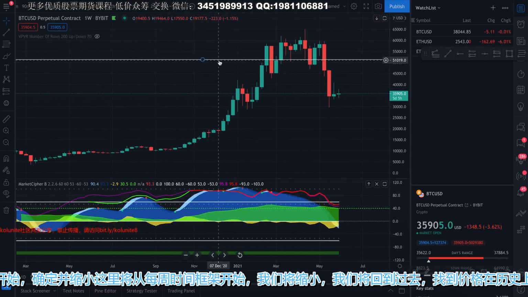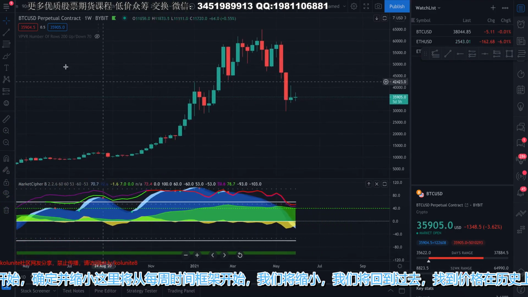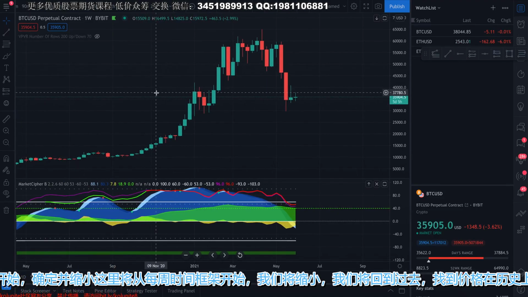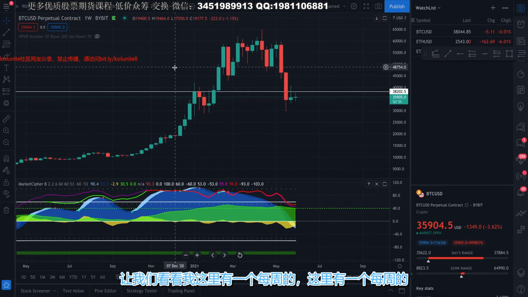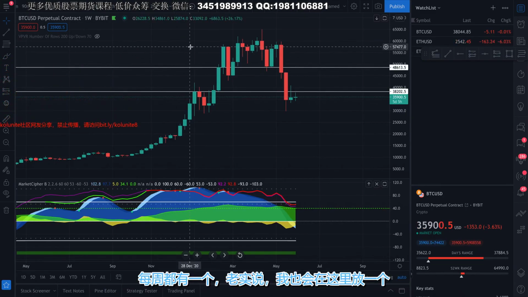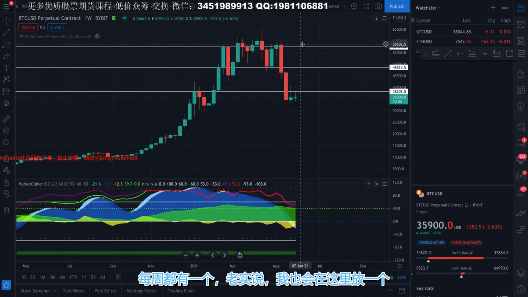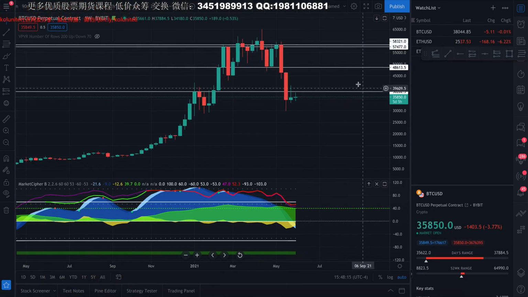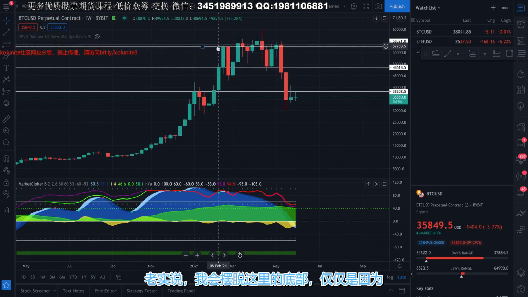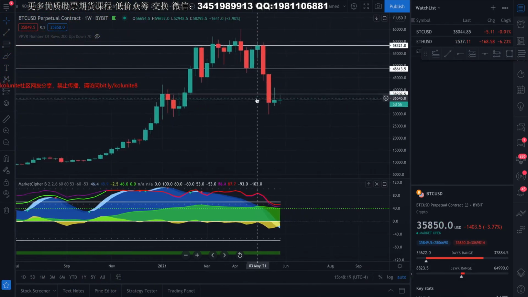And we're going to just go back into the past and find areas where price historically has found a sticking point. So let's see. I got one right here for the weekly. Got one right here for the weekly. Got one right up here for the weekly. And honestly, I would put one here too. Put one right here at about 58.3. And honestly, I would get rid of this bottom one here